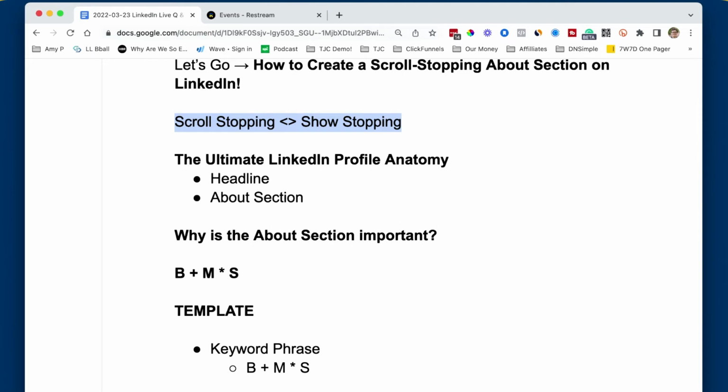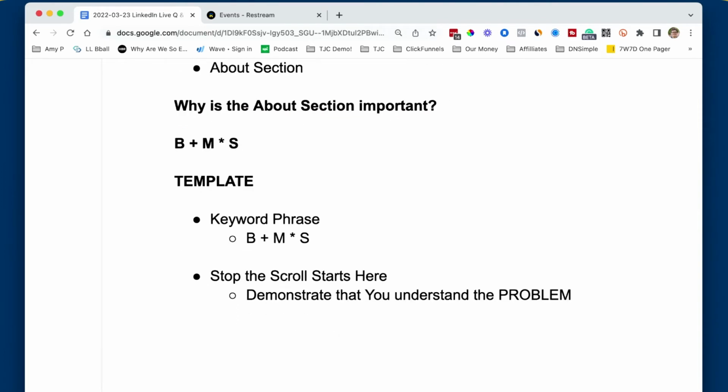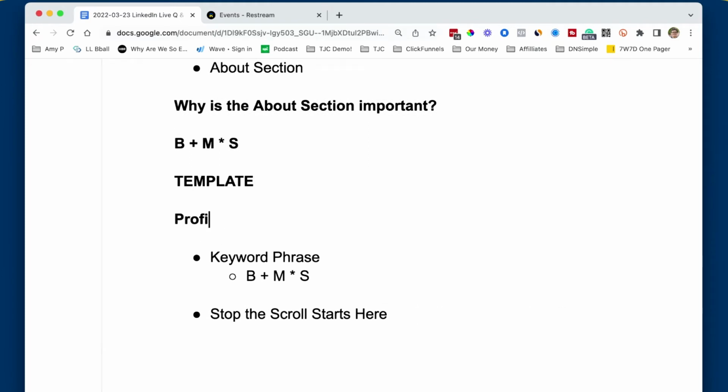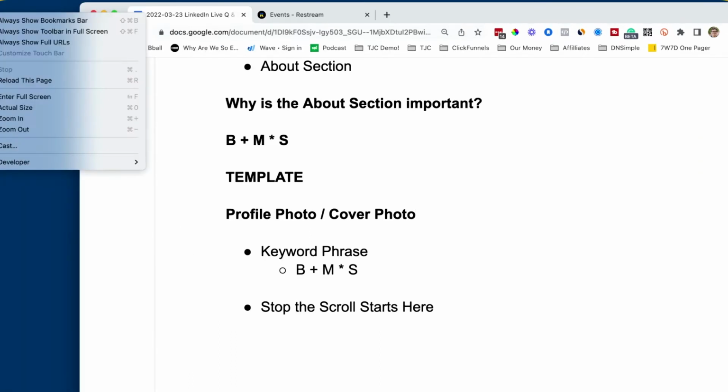All right. The first important thing is, like I said, you're going to have up top your profile photo. I'm just going to go ahead and type in here with you guys. You're going to have your profile photo, your cover photo, and all that kind of stuff. It's going to really share your brand and who you are and what you do. Okay. Then you have down below